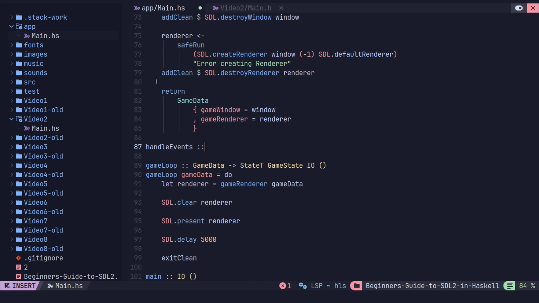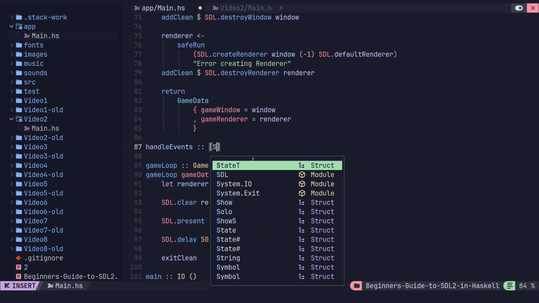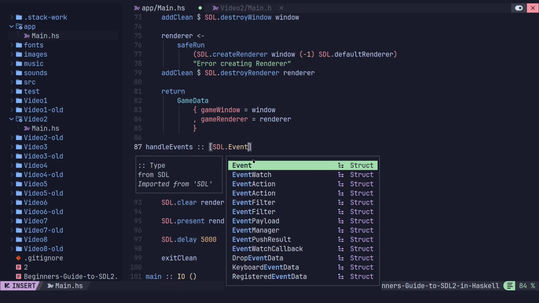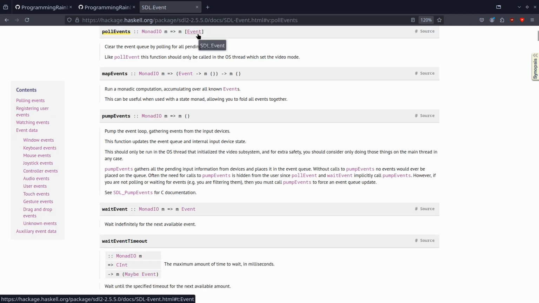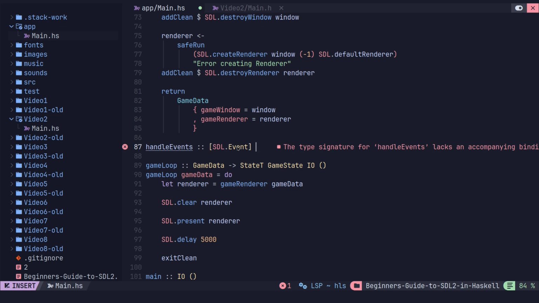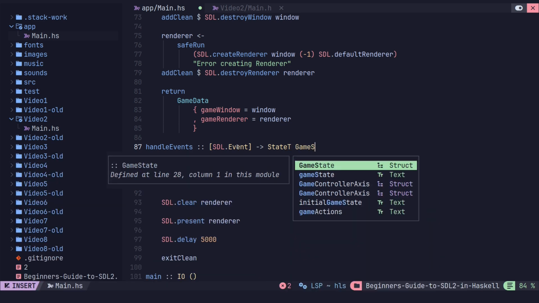Okay, so we are going to have some events. Let's see if it's just SDL.Event. Yeah, it's just a list of SDL.Event. And if we go to the website here, pollEvents is going to give us this list of SDL events. But remember, we qualified SDL, so everything you see on this page, you do need to put an SDL. in front of it. So when this says Event, for us, it's going to be SDL.Event. So this is the events that we're dealing with right here. The list of SDL.Event, and then we're going back into the state transformer with GameState